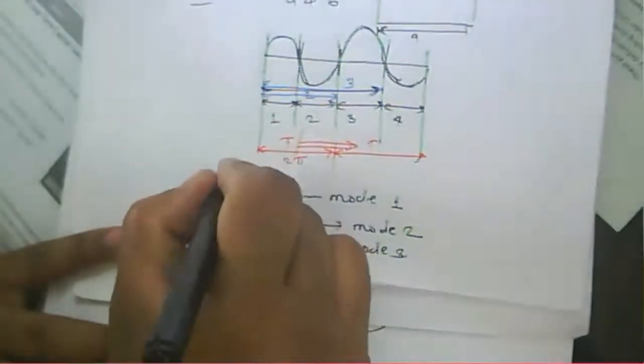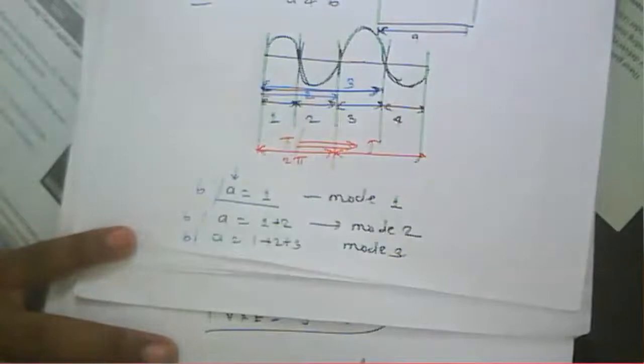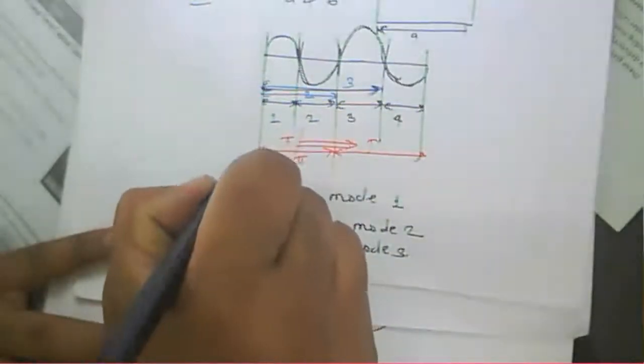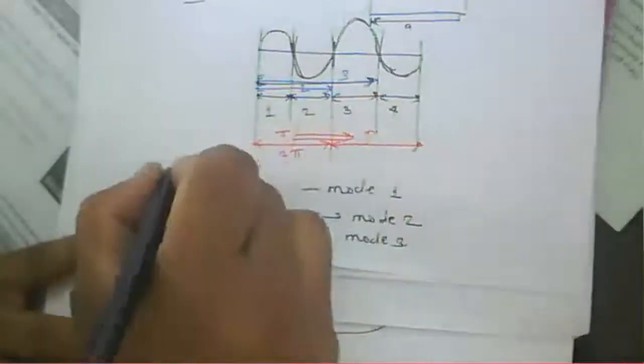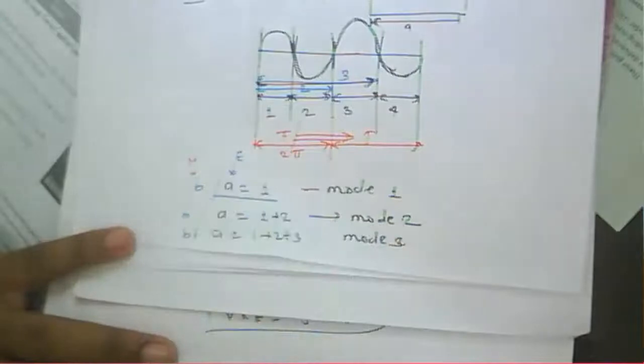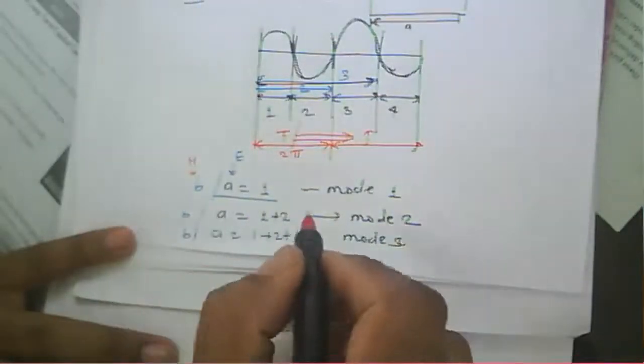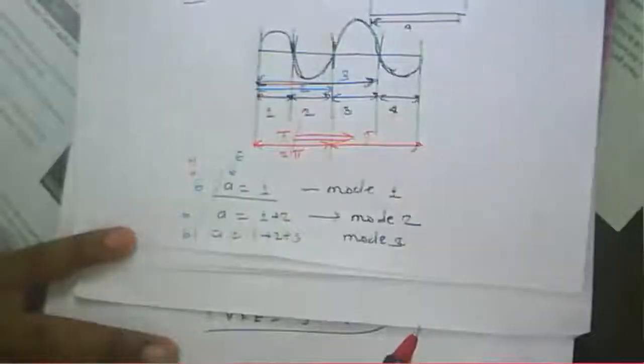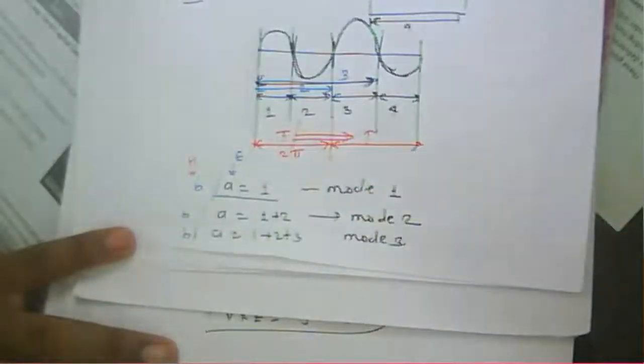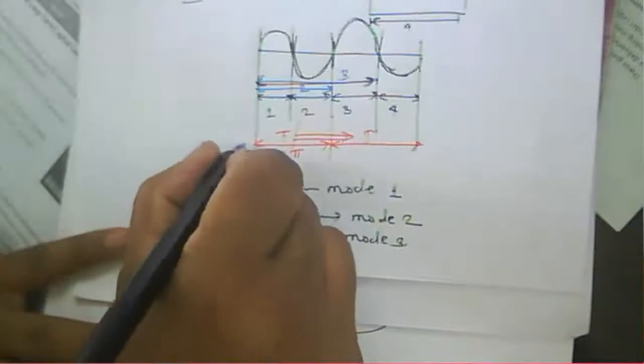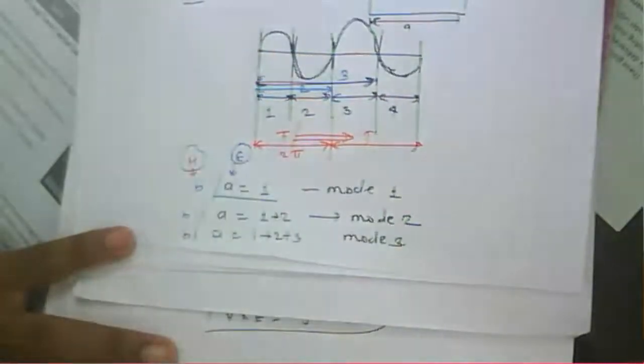But when we say A and B, we need to talk about half a variation of the electric field component here and half a variation of the magnetic field component here. From the variation of the electric field and magnetic field components, we get how many modes are present. So generally we say the modes depend on the electric field component and the magnetic field component. Now we will go one by one.